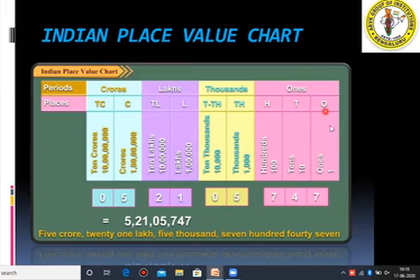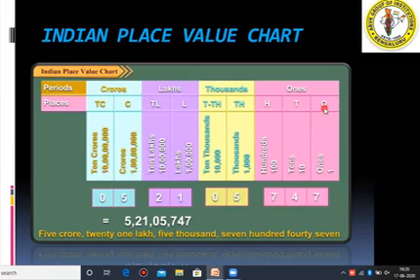This is how you are going to write here. Ones we write as 1. Tens, you know, we write 10. Hundreds, 100. Same way, in the thousands period, thousands you will write as 1,000. 10,000s means 10,000. Then lakhs, 1 lakh. 10 lakhs means 10 lakh. You have to see how many zeros are there. Next under the crores period, this is 1 crore and 10 crores.